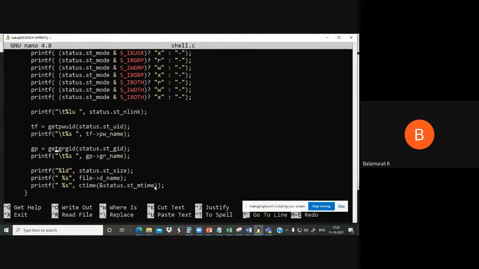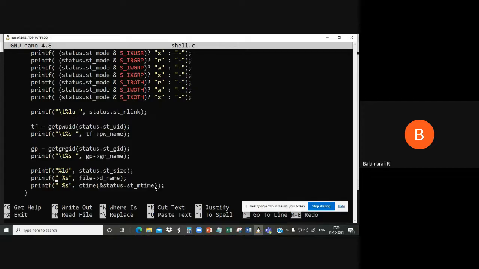Similarly, there is the function getgrgid. This will return the group ID. If you pass status.st_gid as an argument, it will return the group as a structure, and that can be displayed. This structure has a member gr_name that contains the group name. The structure stat also contains a variable called st_size, which will give the size of the file.